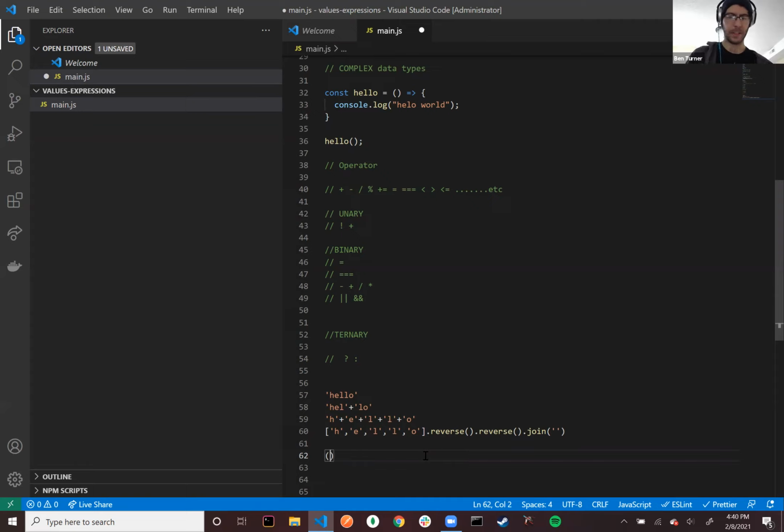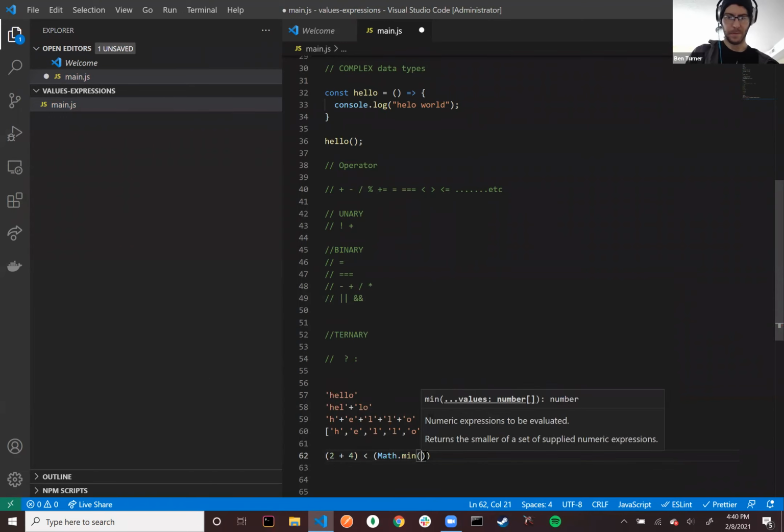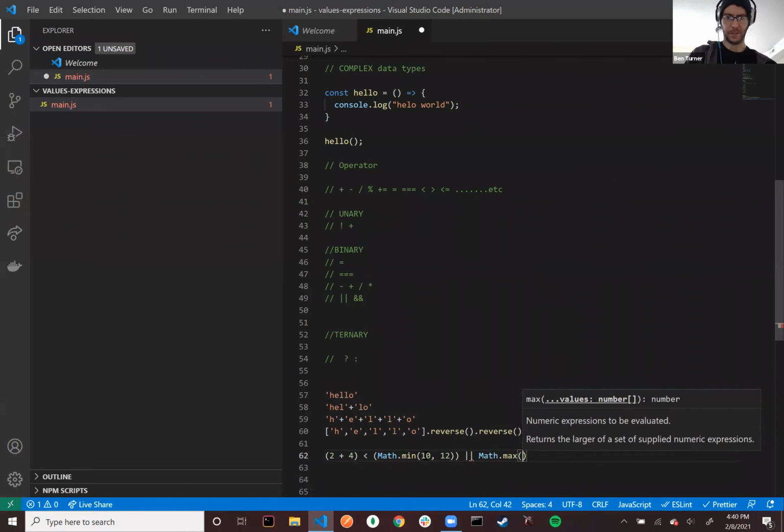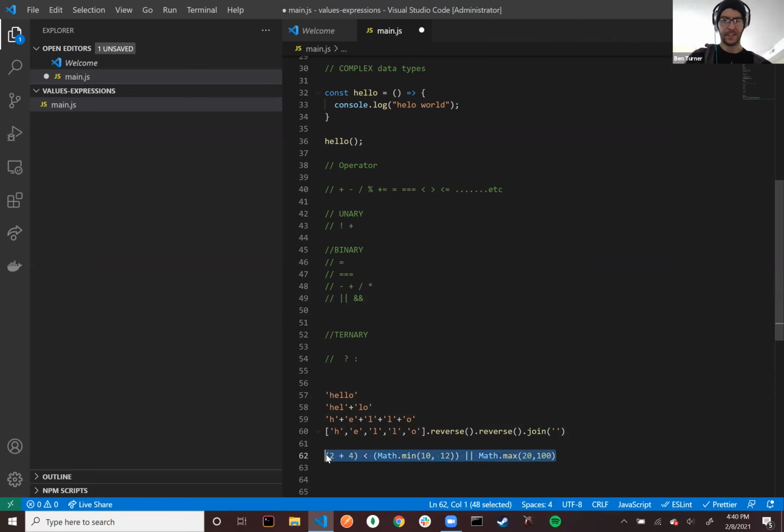And you've probably seen the parentheses where, we'll say 2 + 4 is less than the minimum number between 10 and 12, or the max between, I don't know, 20 and 100, who cares, right? At a glance, this is kind of confusing to look at. And then we could, of course, put that expression into a